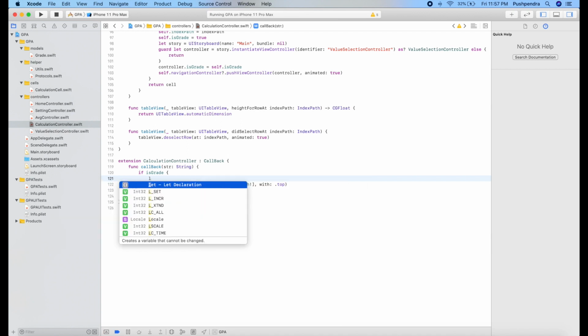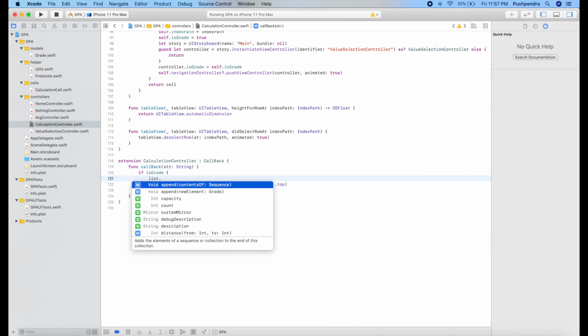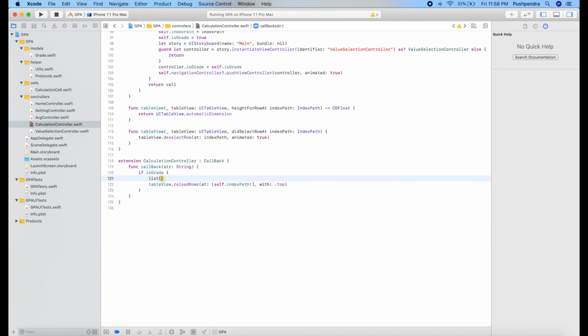And before calling this function we will update our list dot index self dot index path dot row, and index path will be as required. It should not be optional.